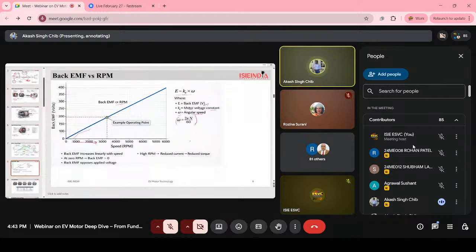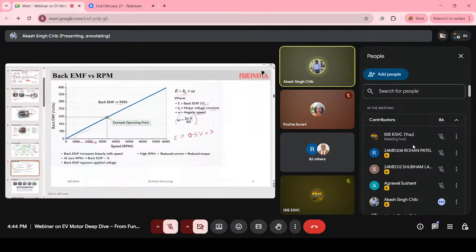Now suppose we have the back EMF and the motor voltage constant, which is our Ke. That Ke we can take as 0.5 volt per radian per second, because we are not getting much power from the EMF. So it is 0.5 we are supposing, just taking it as a number. It might be different in different motors. Into the